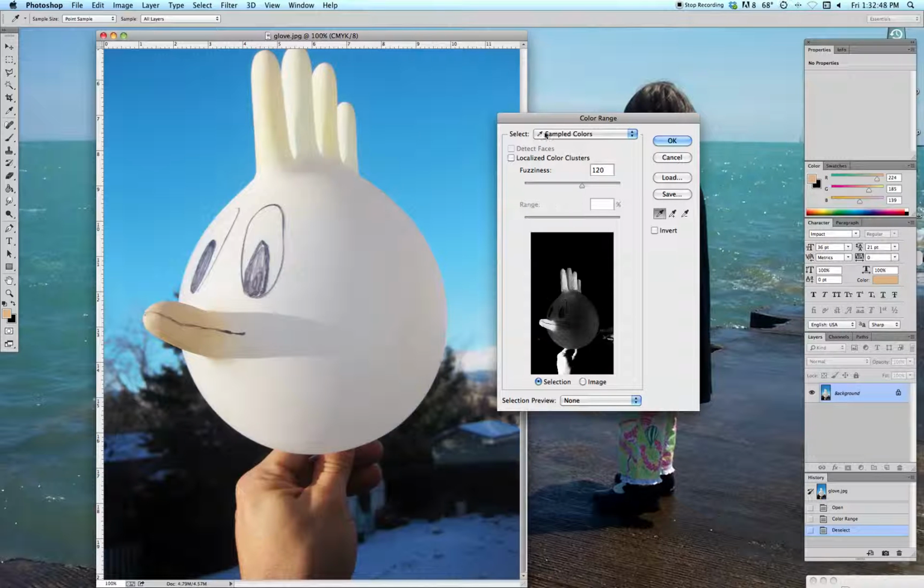The other cool thing is when we use sampled colors, we have a chance to adjust the fuzziness of the selection. The fuzziness basically works a lot like the tolerance level in the magic wand, in that it's looking for pixels of a similar color range. Why they don't call it tolerance, I'm not really sure. One of those weird inconsistencies of the program, but the more tolerant you are, the more fuzzy the picture, the more pixels it's going to select. So let's click cancel,